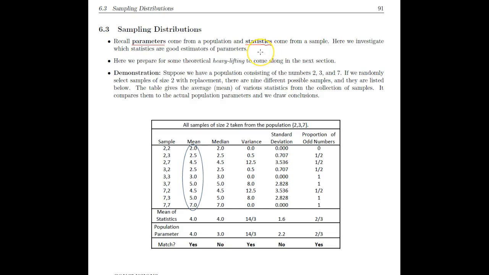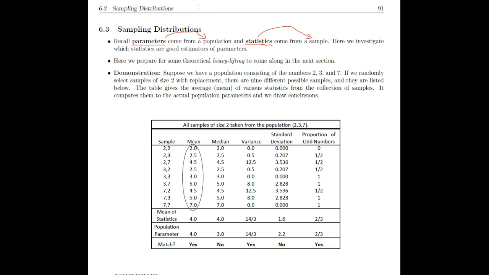So basically they both describe kind of the same thing. For instance, the mean could be a parameter or it could be a statistic. Basically, a parameter is just something that comes from a population, and a statistic is something that comes from a sample. So that's really important to know, and I'm going to refer to those words, parameters and statistics, in different situations, and you really should know what I am talking about. As we get into chapters 6 and 7 and 8, I'm going to be using these words a lot, so it is important that you are familiar with what those mean.